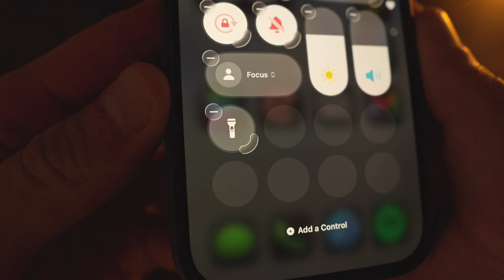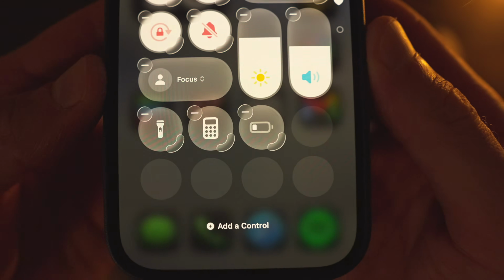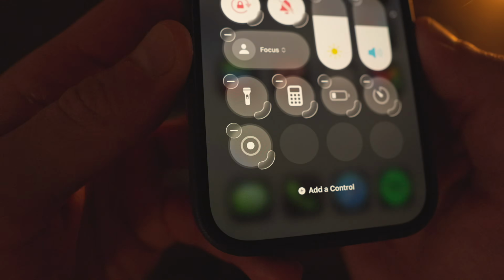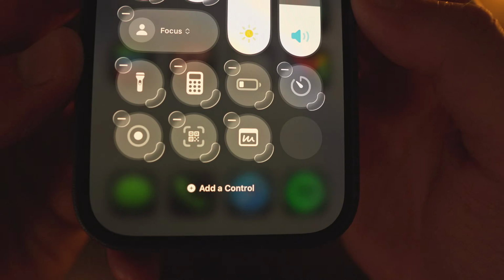The 8 functions I chose for the bottom are flashlight, calculator, low power mode, timer, screen recording, QR scanner, quick notes, and a custom shortcut to open YouTube Studio because I check comments and